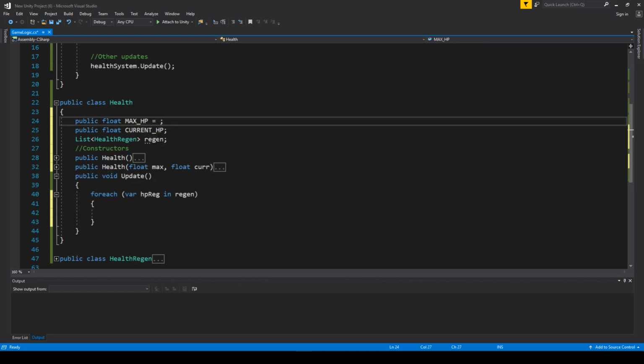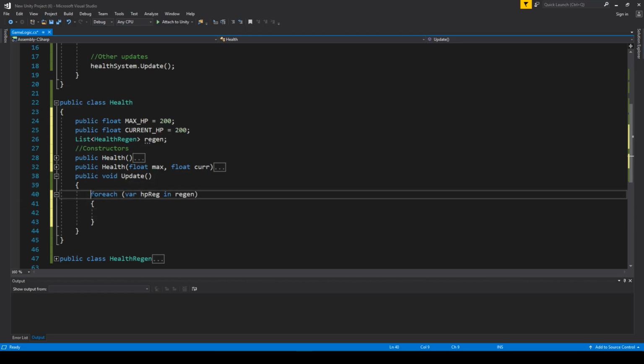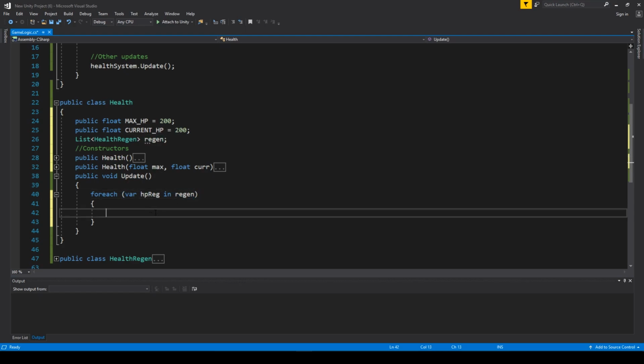But anyway, let's make some hard coded default values just for the sake of it. Okay, so right now we go into the update method. And when we check in each iteration of the HP regen item in the regen list, first of all, we check if our current HP is less than our max HP,